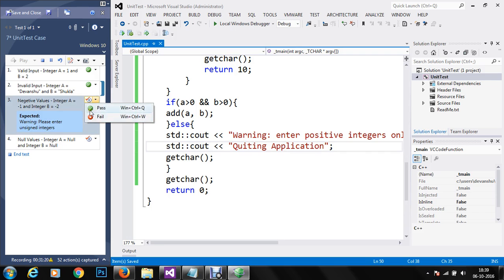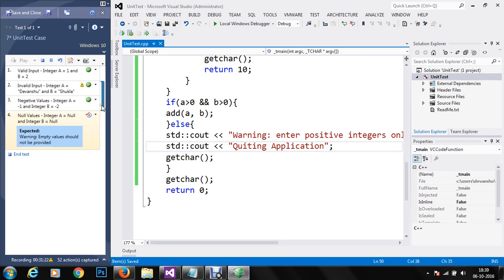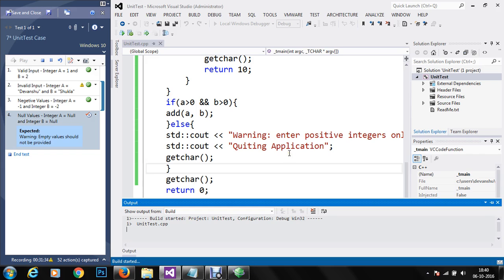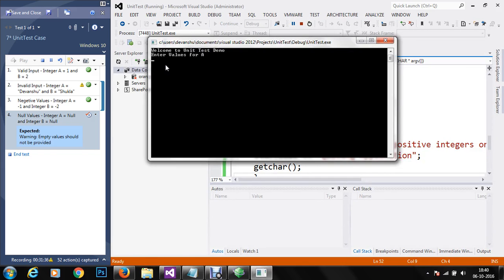So our third case is again a passed case, and now finally we have to test for the null values. Actually for the null values we don't need to write any case, because in console applications empty values don't work. You have to put in some values, otherwise it won't work, and the output is 1143.